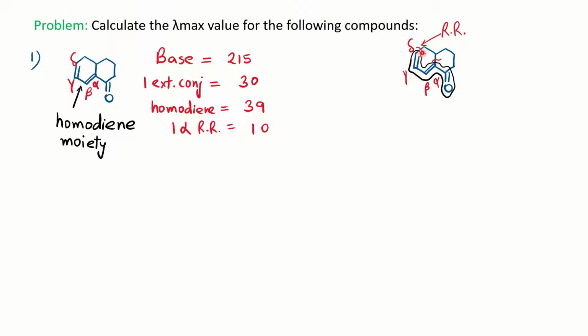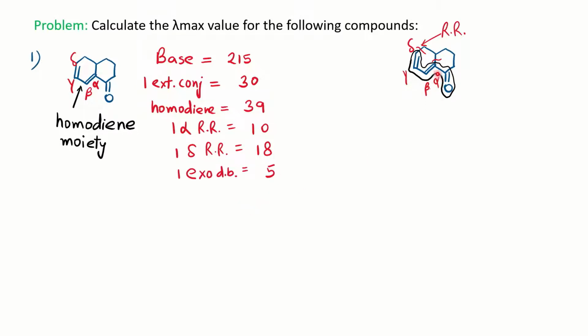If you go further, you have one additional ring residue, we call it ring residue at delta position. So just outside the conjugation, whatever ring residues or alkyl groups or sigma bonds are present, you have to count that. So along with the extension of conjugation, one alpha ring residue plus 10, one delta ring residue plus 18, so you have to learn the table for the values.